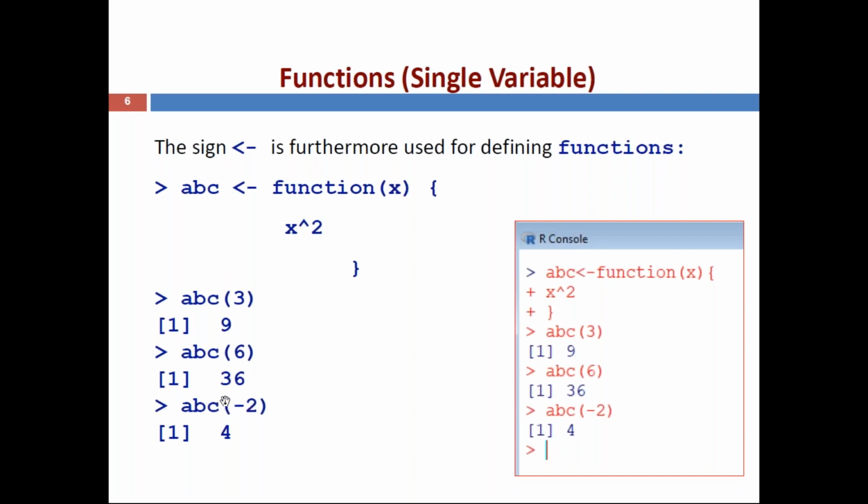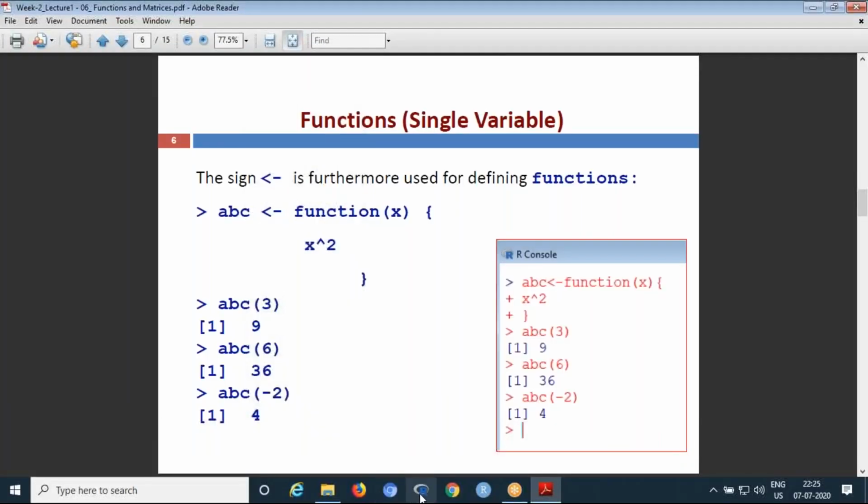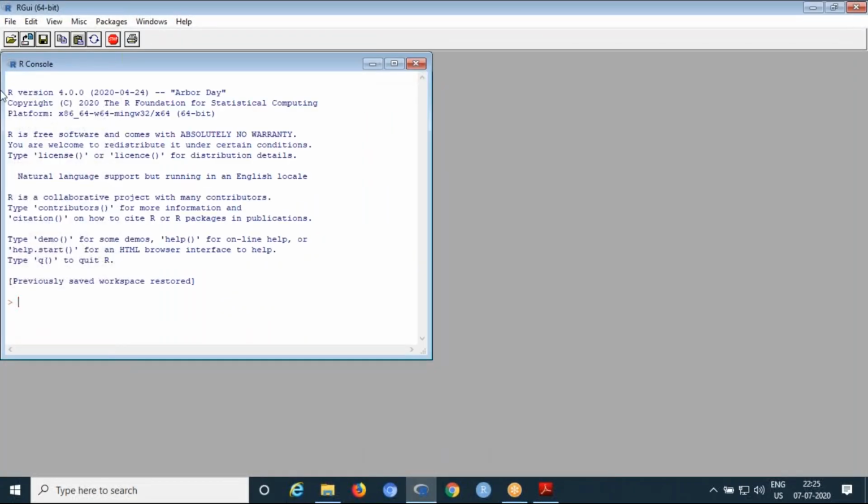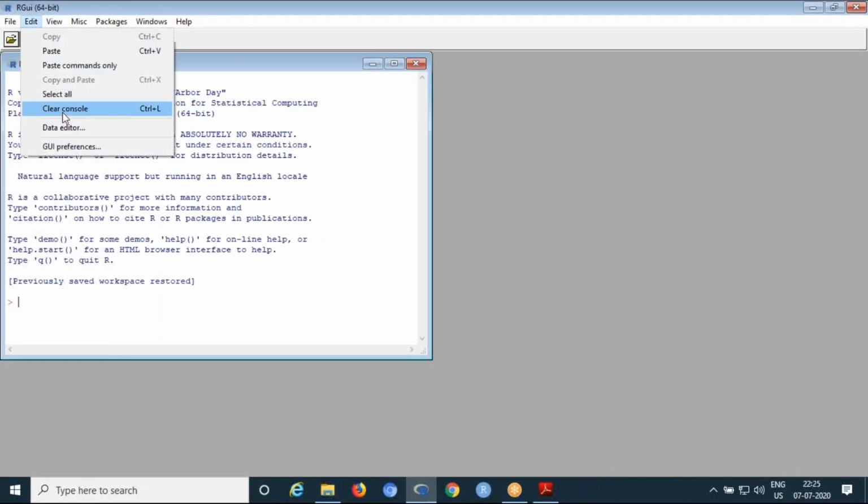Another example, ABC of -2: here x is -2, so in the function body, the calculation of x power 2, x is -2 whole power 2, equals 4. So 4 is the output. Like that, you can create a function and pass the argument using a single variable. Now come to our R software. You can execute this in a similar fashion to whatever we showed here.